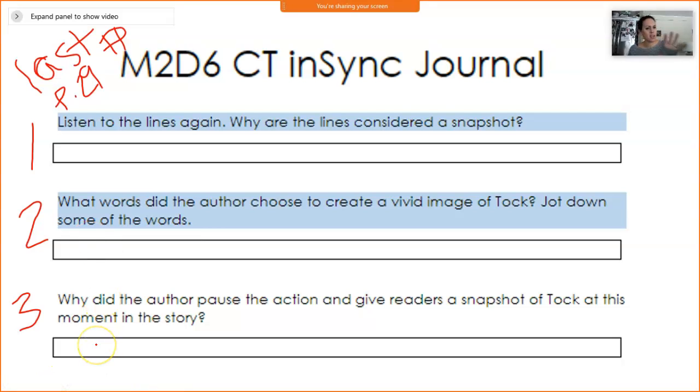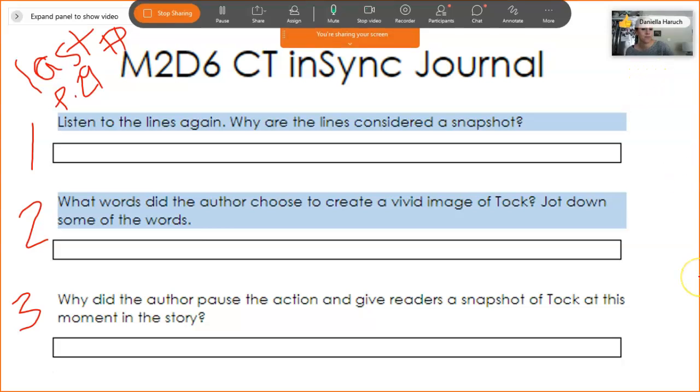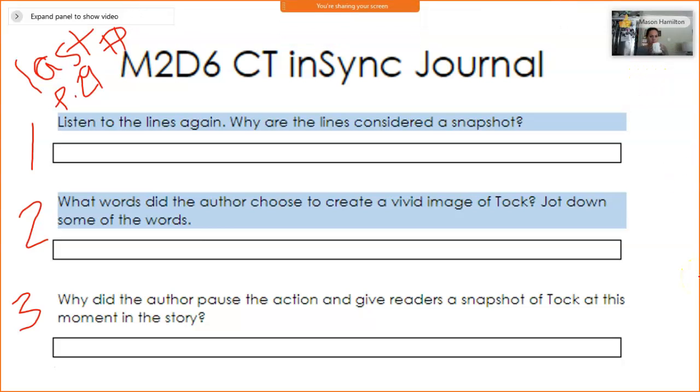Now, why do you think the author paused the action to give the reader a snapshot of Tock at this point? Why do you think he did that? You can give me a thumbs up emoji if you want to share. Why do you think he did that? Daniela? I think the author did that because Tock is going to come into the story more and go with Milo. Yeah, so Tock is going to come into the story more and go on this adventure with Milo,